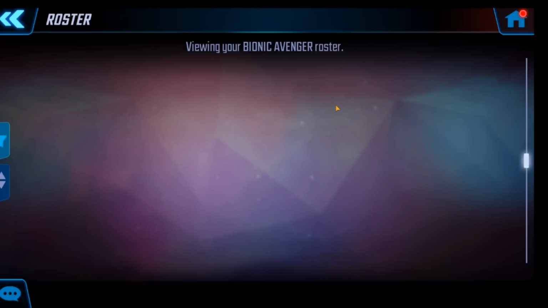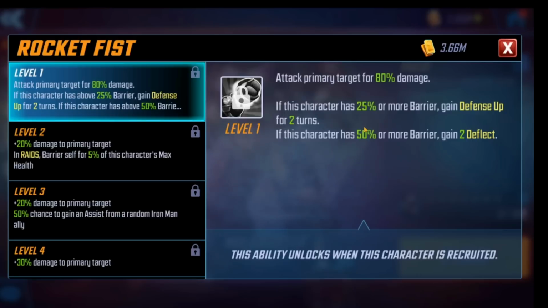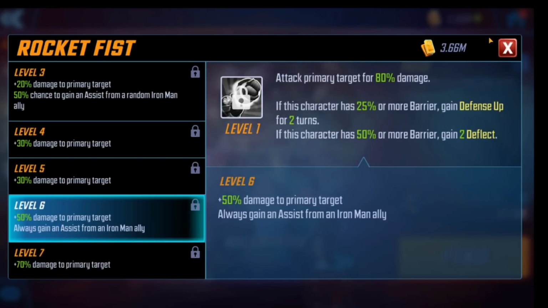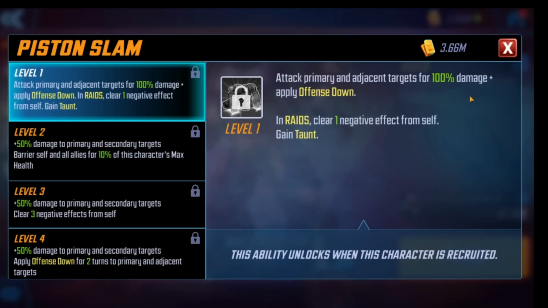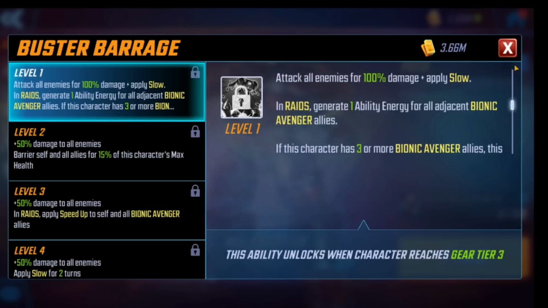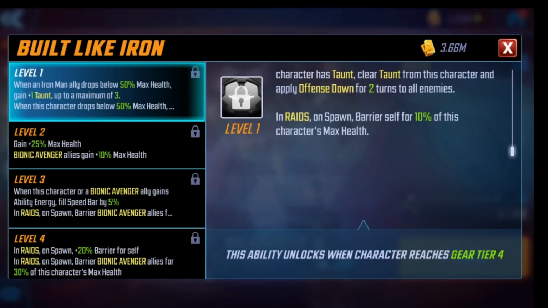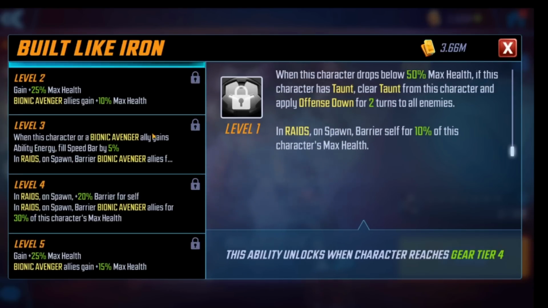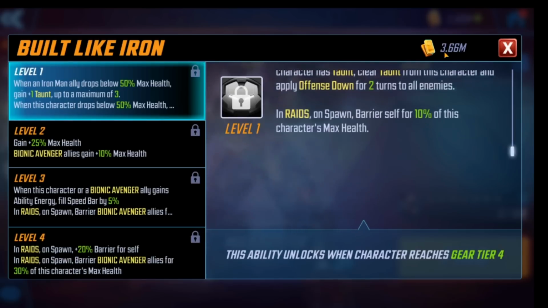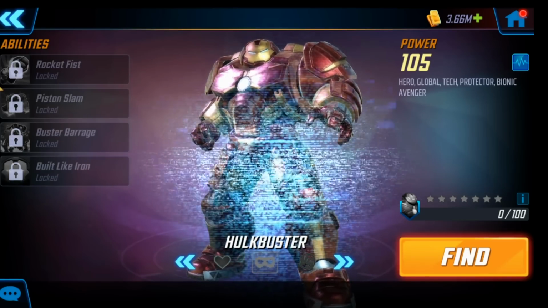I think he could stay a striker, probably. Hulkbuster on his basic is going to have... And maybe he could be the skirmisher, because he's going to get an assist from Iron Man. And then Piston Slam, primary and adjacent. Yeah, he might be able to be the skirmisher. Attack all enemies. I mean, he could be a raider as well. Yeah, if he's a raider,